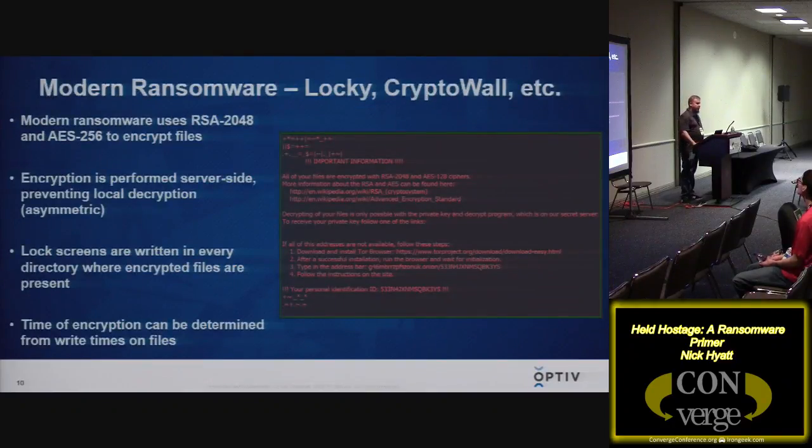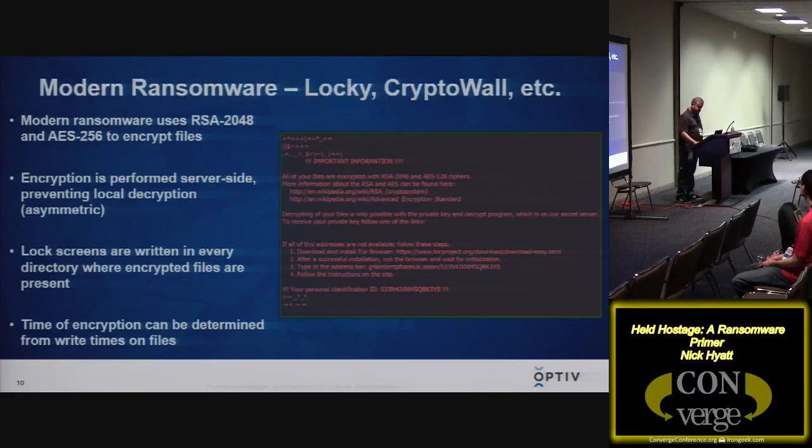And then what we get into in the modern days are modern ransomwares. So Locky, Cryptowall, things like that. Modern ransomware uses RSA 2048 encryption and AES 256. That encryption is performed server-side. So that prevents local decryption, so it's asymmetric encryption. Those lock screens are written in every directory where encrypted files are present. And then the time of encryption can be determined from the write times on those help files. What we often find now is that the ransomware will not replace the write times on the files it encrypts. So it's better to use the write times of the files that it drops to determine